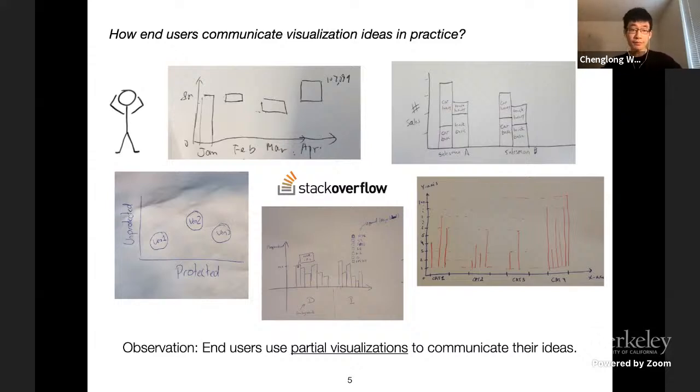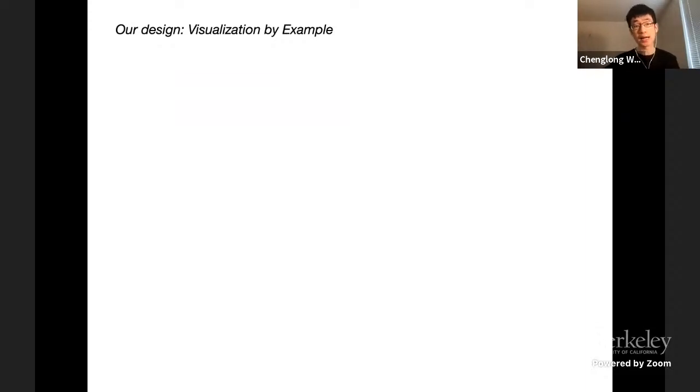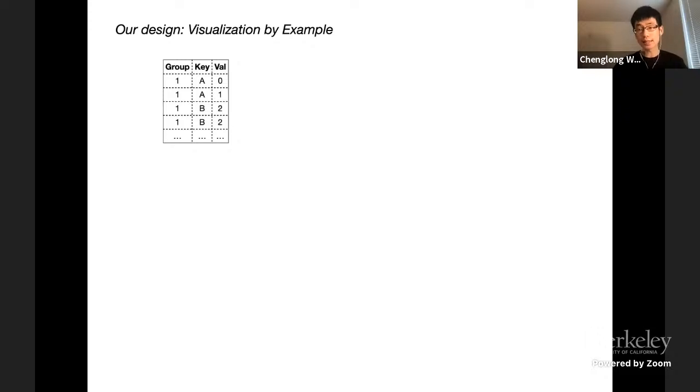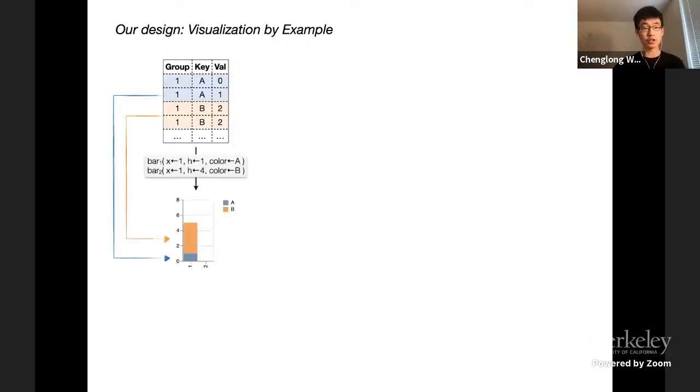And with this motivation, we create a paradigm named visualization by example. Essentially, given an input data set, instead of asking users to specify transformation and visualization programs, we ask them to demonstrate visualizations using examples. In this case, as you can see, the user demonstrates how they want to map the first few rows in the data set into 2 example bars. And what they are essentially asking the expert is, can you generalize this example to visualize the full data set as a full visualization?